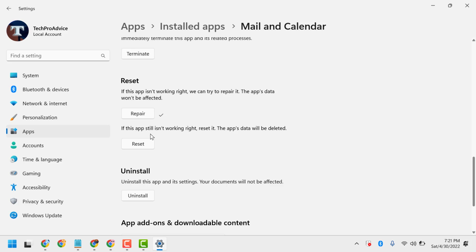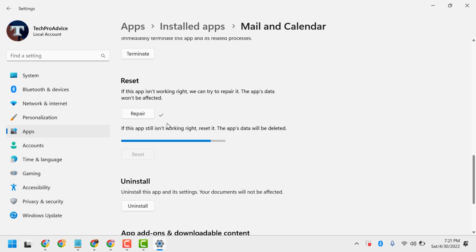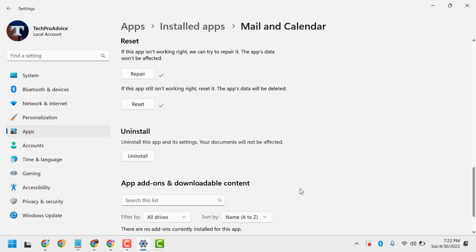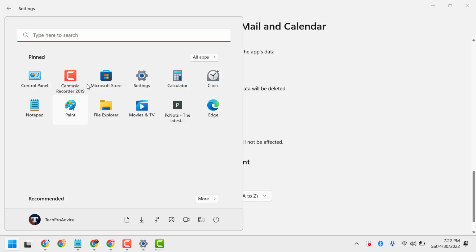If this app still isn't working right, reset it. The app's data will be deleted. So reset it. Now close it and restart. And guys, after restart, if you are still facing the problem, then uninstall it and restart again. And after restart, open Microsoft Store